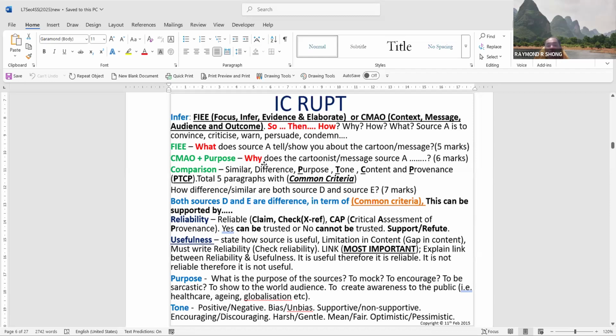Okay, so what do you talk about? The common criteria. Usually it's not really 5 paragraphs, it depends on how you write it. You might have 5 paragraphs, but usually 3 paragraphs is good enough already. This one is a bit more to the old syllabus, but you can still use 1 paragraph of similarity, 1 paragraph of differences, and of course the purpose. But my concern is, once you are doing the comparison skill, you must have 1 similar and 1 difference. You cannot just do similarity and then go on to the next one. You will not score marks, and we will be very frustrated and fed up that the student never did both.